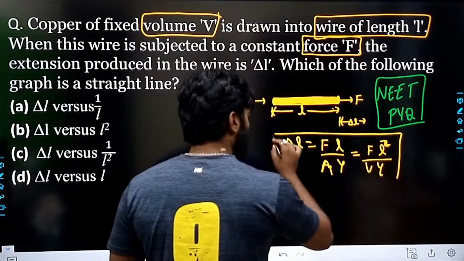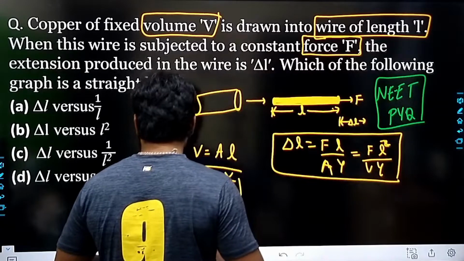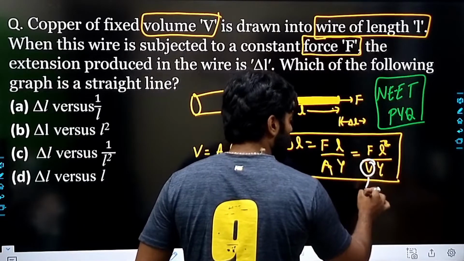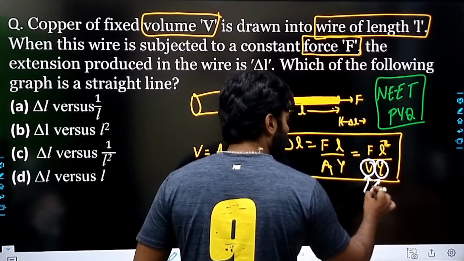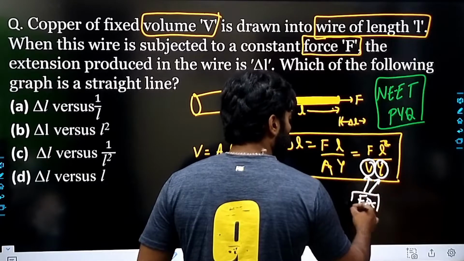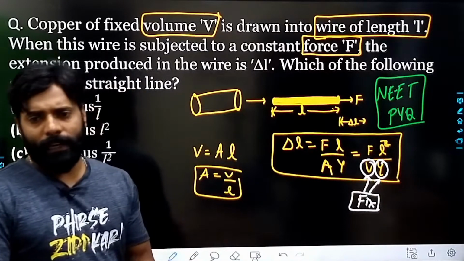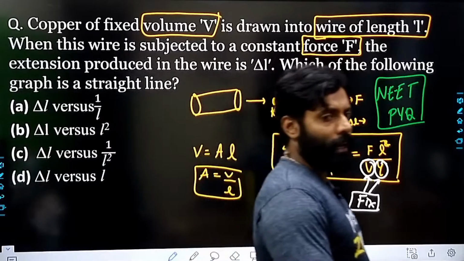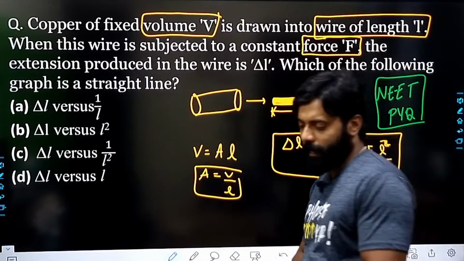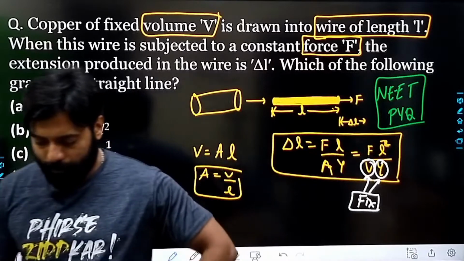ठीक है, नाउ स्ट्रेट लाइन के लिए आपने वॉल्यूम को फिक्स कर दिया, इन दोनों को फिक्स कर दिया है, तो इन दोनों को फिक्स अगर आपने कर दिया तो डेल्टा एल आपके पास डायरेक्टली प्रोपोर्शनल टू हो जाएगा एल स्क्वायर, क्योंकि वॉल्यूम अगर आपने फिक्स किया है तो डेल्टा एल आपके पास क्या हो जाएगा, एल स्क्वायर के इक्वल हो जाएगा।